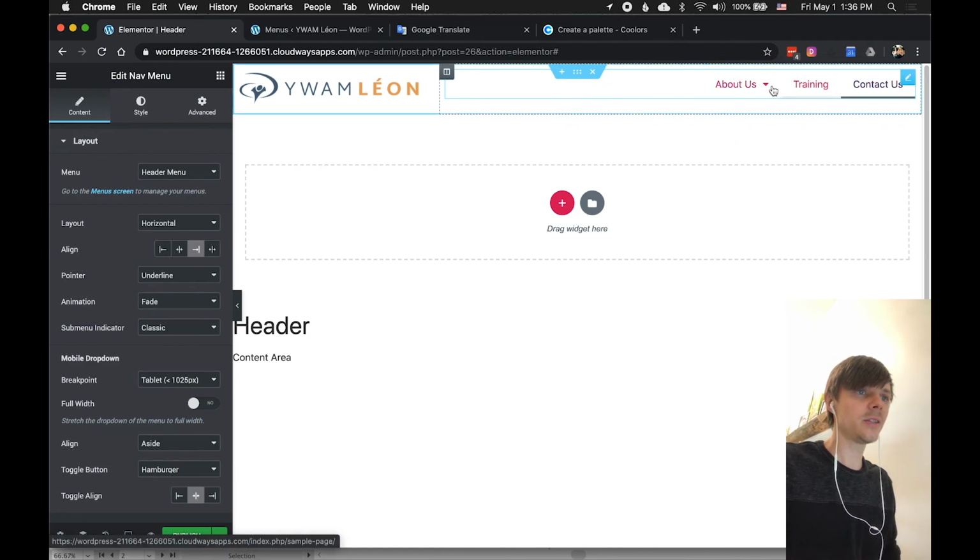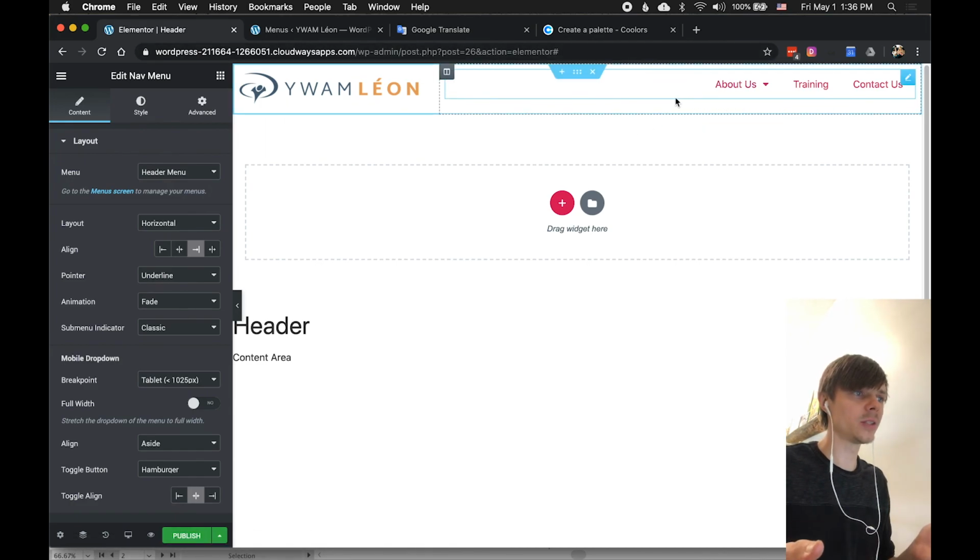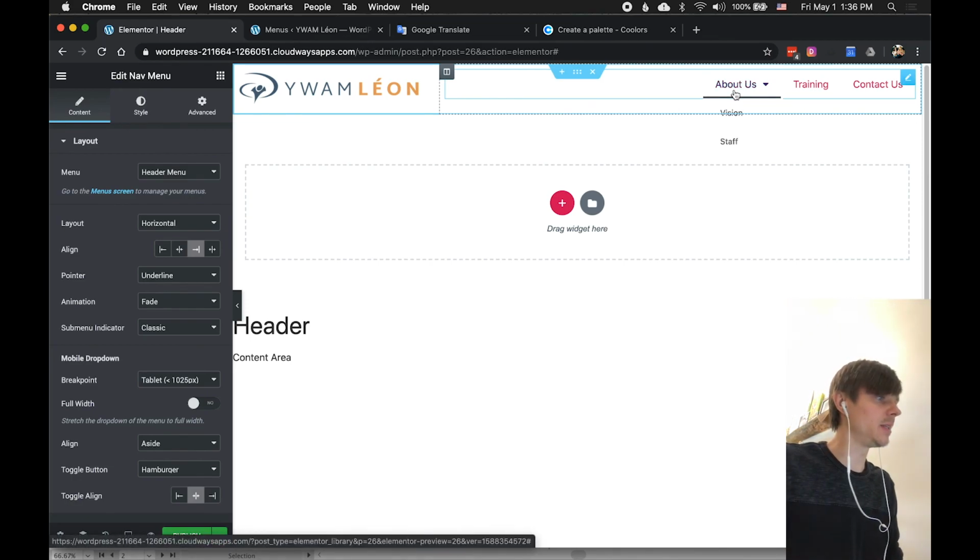And you can see the colors are, they're just random. You know, they're the default colors of Elementor. And so what we can do is, Elementor has actually a global color setting as well. And so I'll get into that in a little bit, but let's just look at this